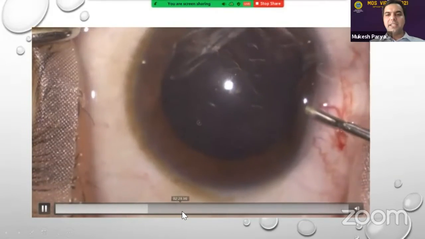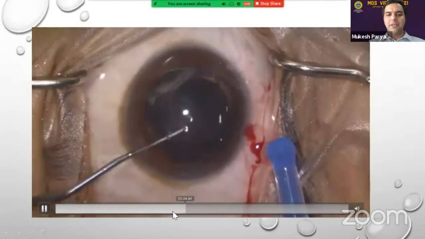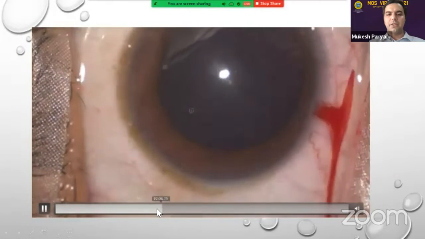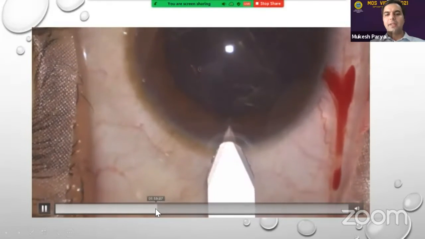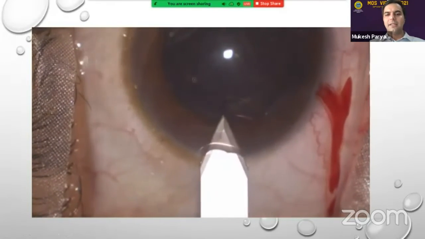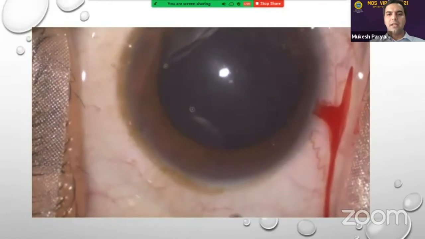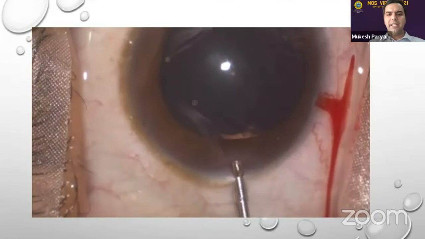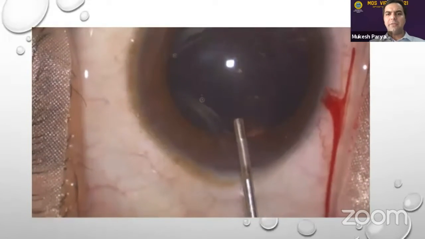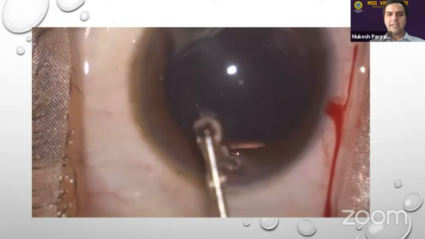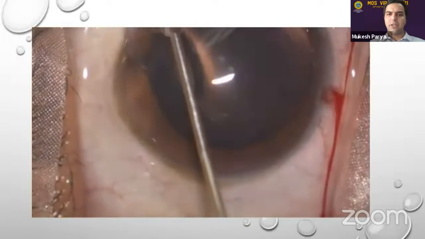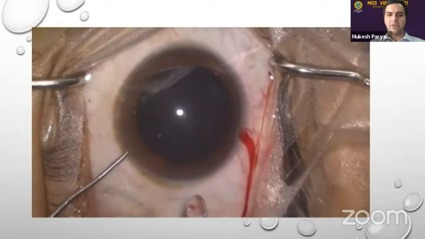I'll skip these particular steps. We will directly go to the injection part. You saw this toric IOL marking here. This is where exactly I am going to place my IOL. And even this IOL is fairly easy to go in. All the phakic IOLs go well through 2.8. I've never tried it less than that, or even never required to do it more than 2.8.